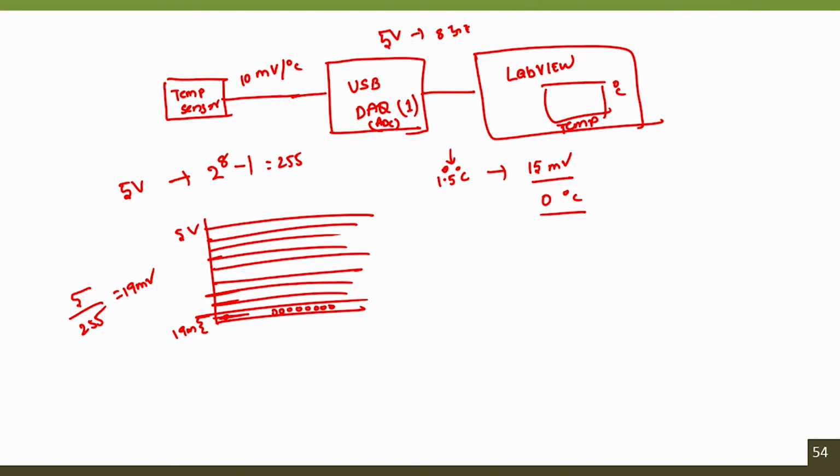That is not because of improper selection of an ADC. Even by utilizing an 8-bit ADC, by slightly changing the gain,